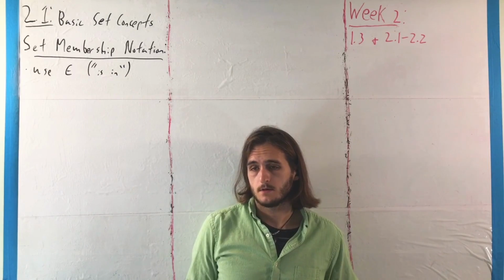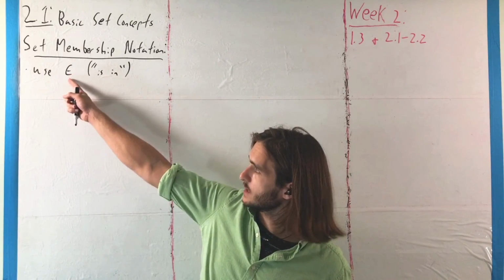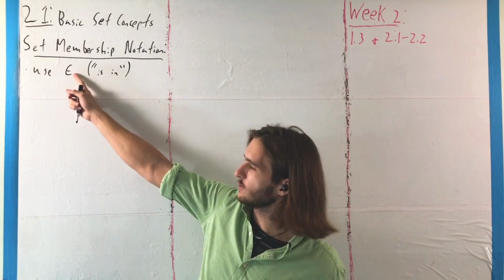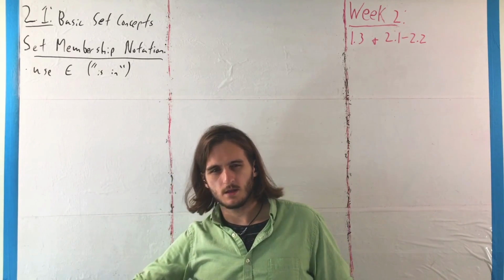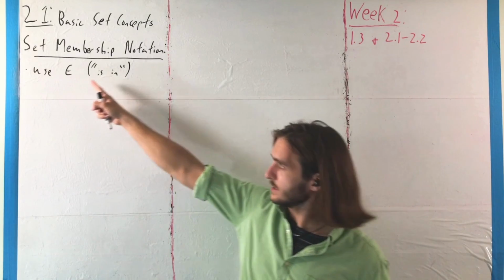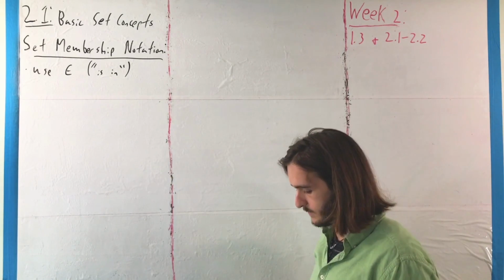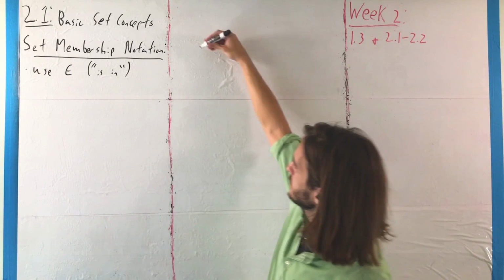If we want to describe something, an element, as being within a set, then what we use is this special character here, which looks a bit like an E that somebody quit on. It's actually a special way of writing the Greek letter epsilon, I believe, where this gets read as the phrase "is in." So, if we have something like